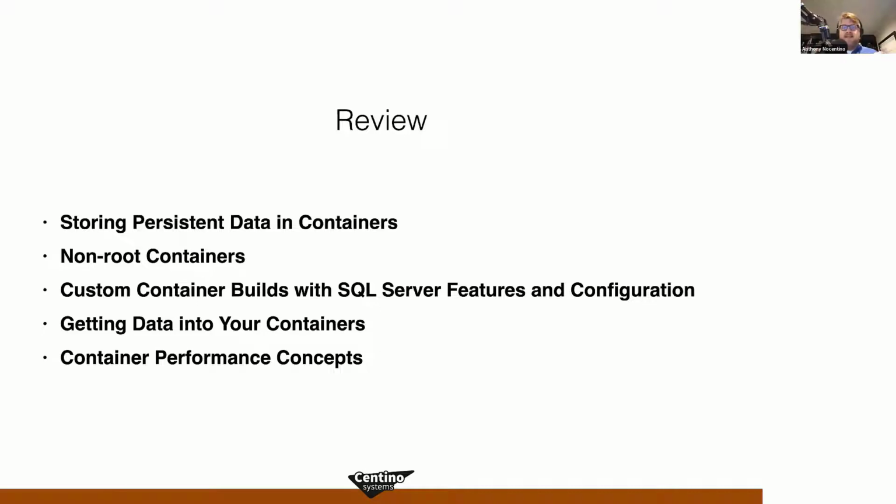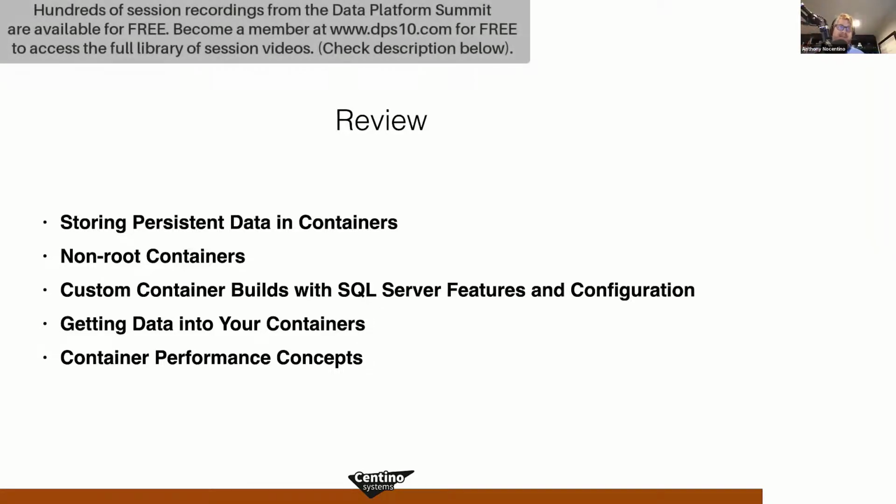And then we dug into some container performance concepts and what it means to run multiple instances on a system. And we looked at some of the basics on how we can assert some limits to control what processes have access to what. And then we touched on some basic monitoring concepts so that we can query that information either using Docker stats or at the base OS level inside of Linux with the tools that we have available, and how to connect which process in a container is which process ID on the real base OS.